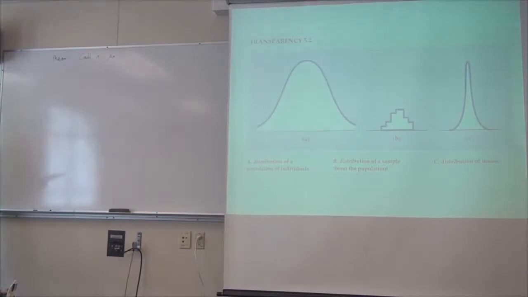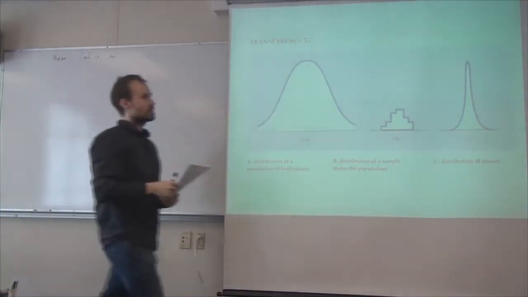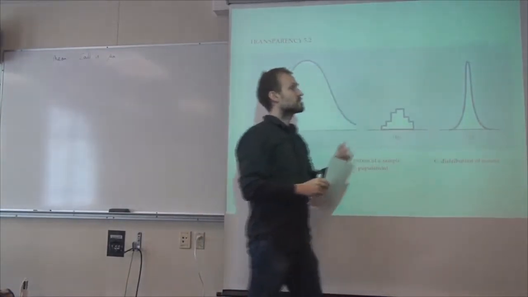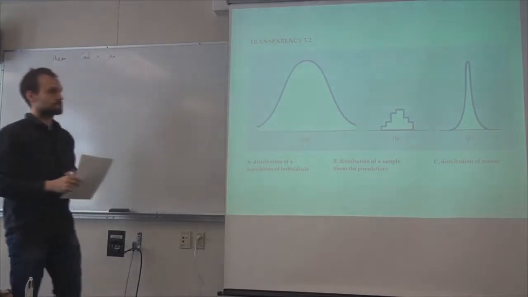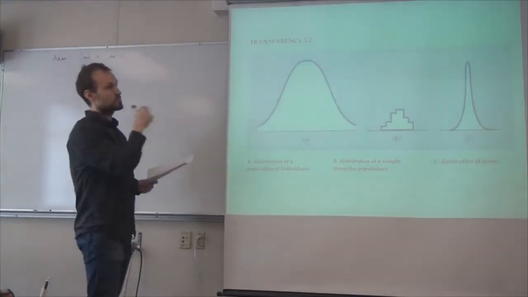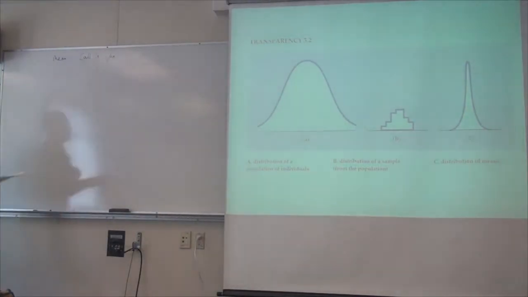So it's the distribution of all sample averages. Every single value here is a possible sample average. The mean of that distribution on the right we'll call mu m, just to distinguish it from